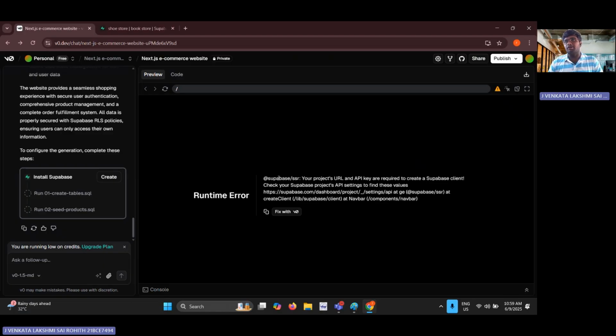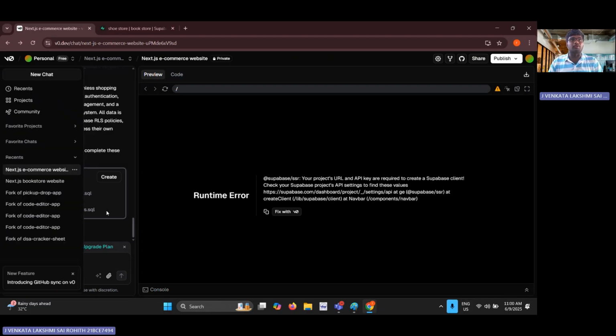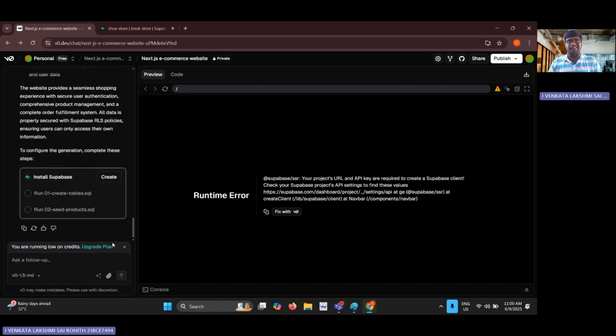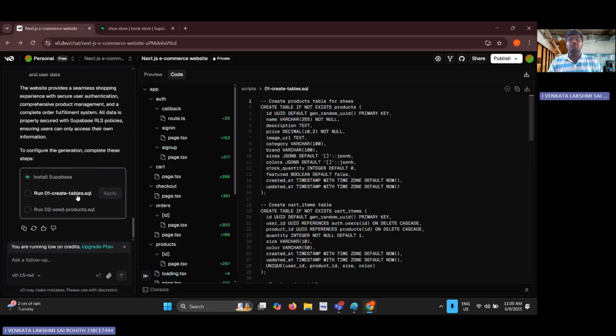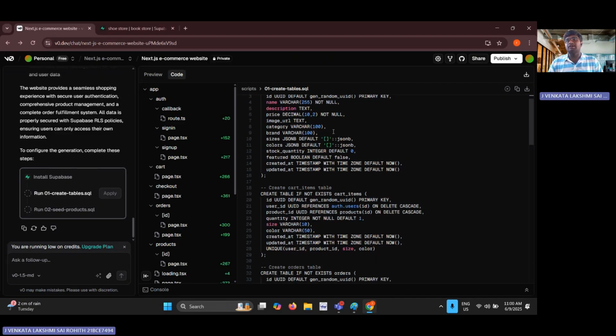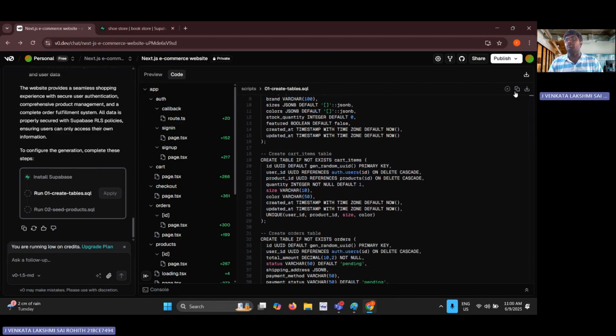The error seems to be that I did not add any keys from Supabase to the V0 generated website. Now what we have to do is, you can see the command has two files out here. Initially, when I gave the command, I told V0 to also generate the SQL code to make sure the tables execute. Just copy this command and